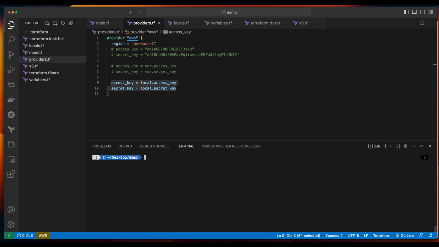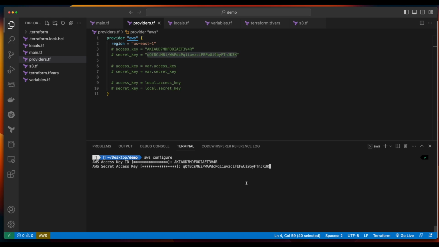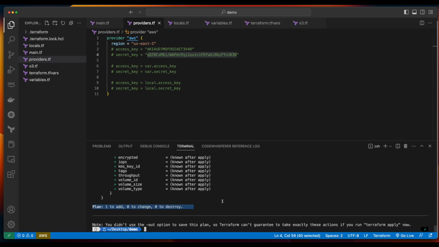Now, if you've been following along in the prior videos in this playlist, this probably isn't surprising to you. And you'll recall that we've never set the access key and secret access key in our providers block. What we've done is to use AWS configure to set the values for the access key and secret access key, so that when we run a Terraform plan, we're still successful because we're authenticating with AWS using the access key and secret access key in our local AWS